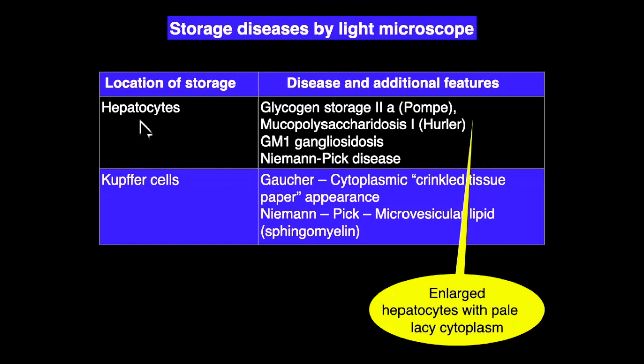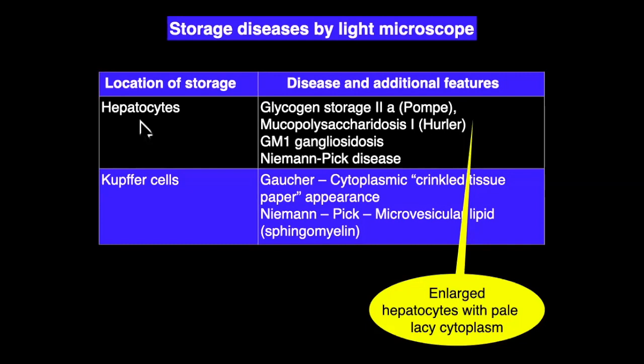And the clinical scenario is very important. Never ever think of storage disease in a 70-year-old. It should be in the infants or pediatric age group. Even in a neonate, it may not come because it might not have clinically expressed. So think of storage diseases in infants and pediatric age group.